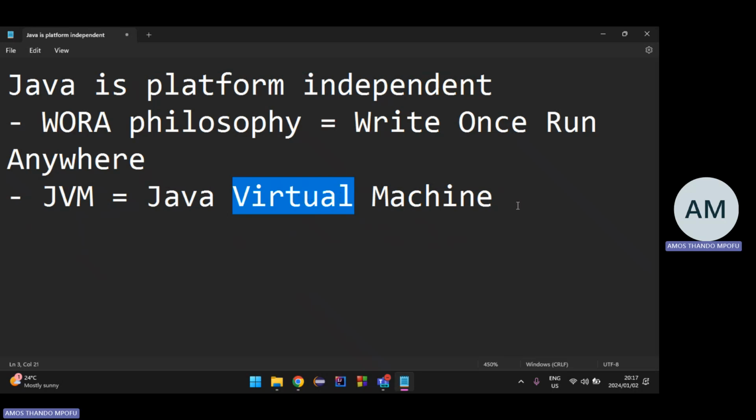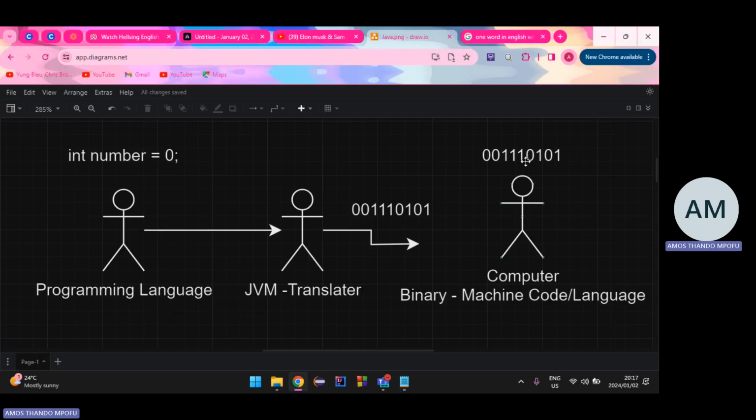So that's why it can run anywhere, because you just need to have a JVM on that operating system. Then you take that same file that you executed on Windows and you run it via this JVM. The JVM is going to translate and execute the instructions based on that file, those zeros and ones, and do what it's supposed to do.